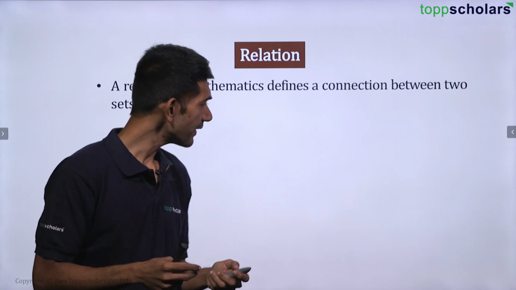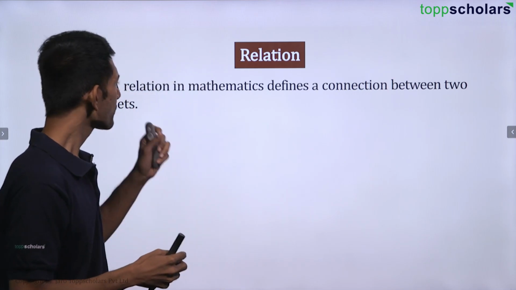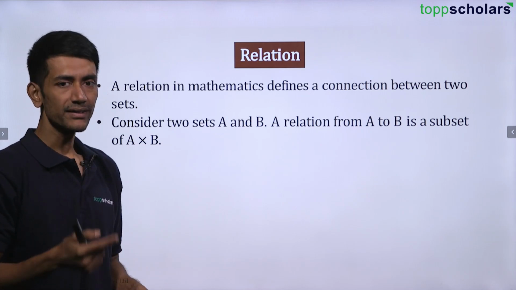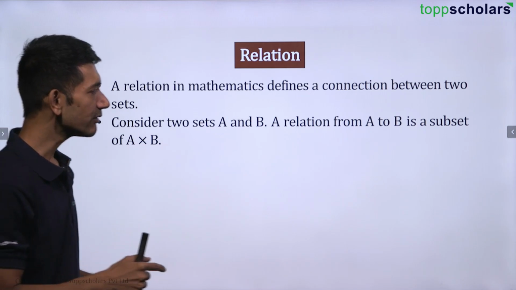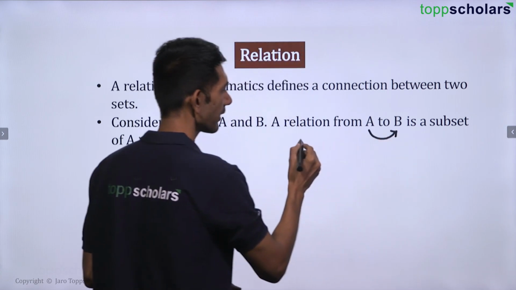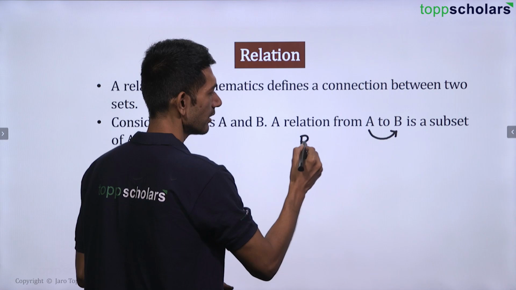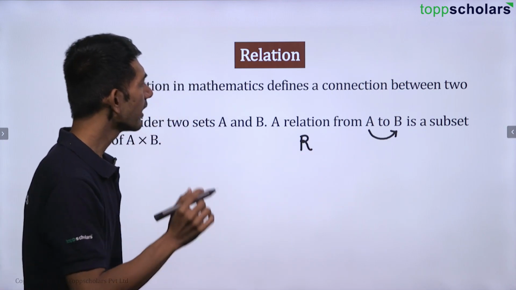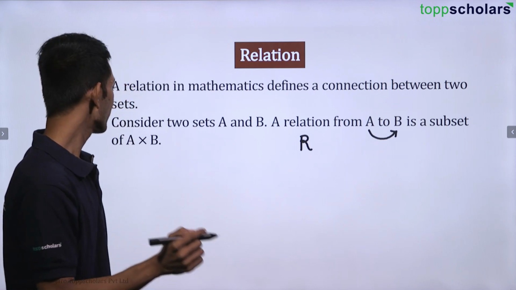So suppose I have two different sets. Let us consider when we have two different sets A and B, a relation from A to B. How do we read this? Generally, the relation is denoted by R. Generally, a relation from A to B is a subset of